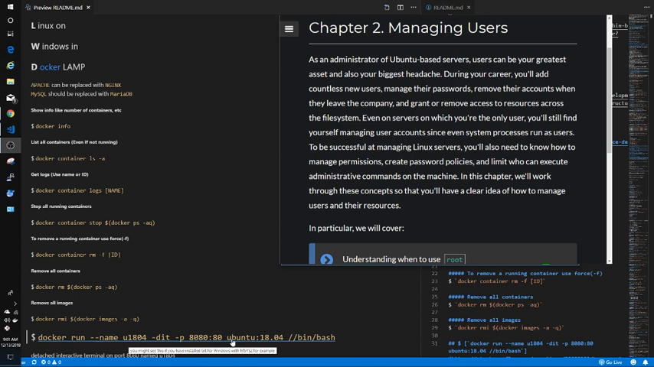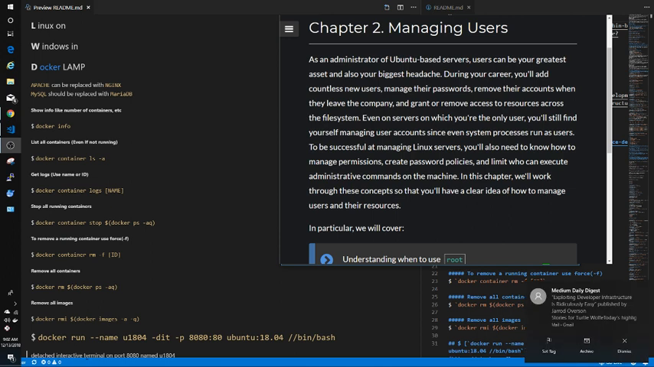U1804. Actually, that's what this is. So Docker run a container named U1804, a detached interactive terminal,